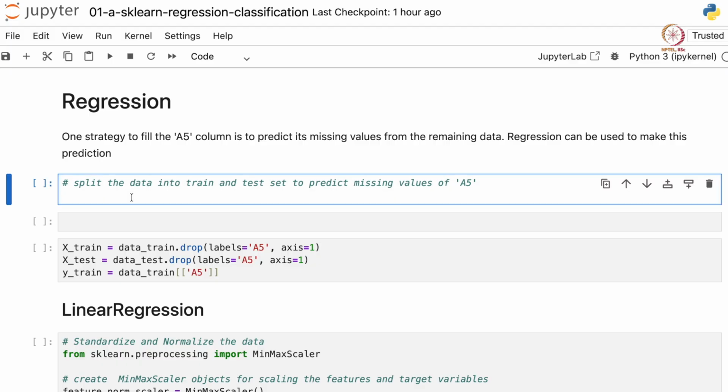The first step is to split our dataset into train and test. All the rows that have filled values of A5 will be used for training. The trained model will be used to predict the missing values of A5.